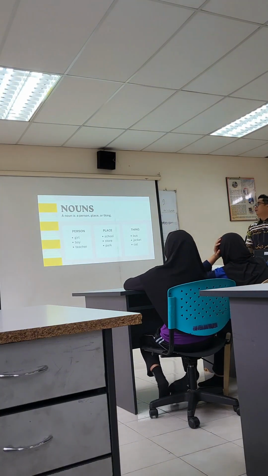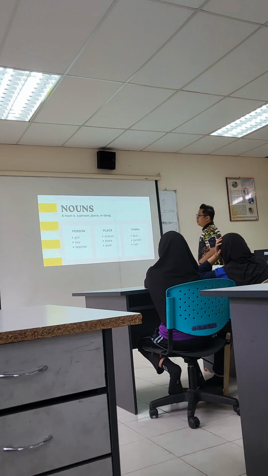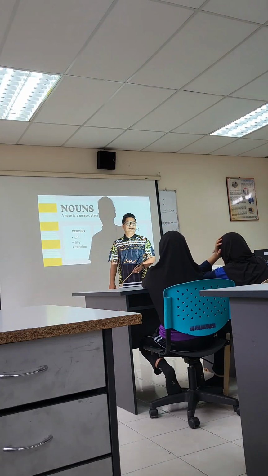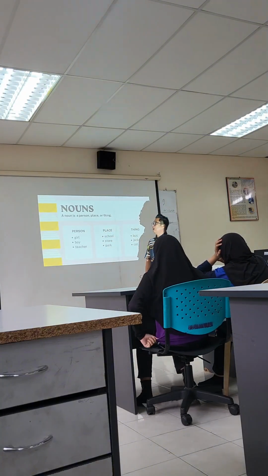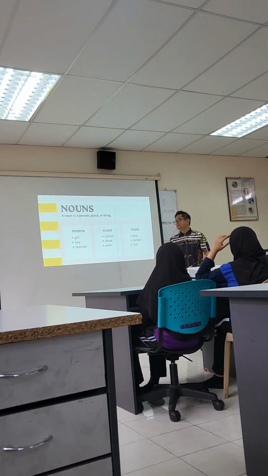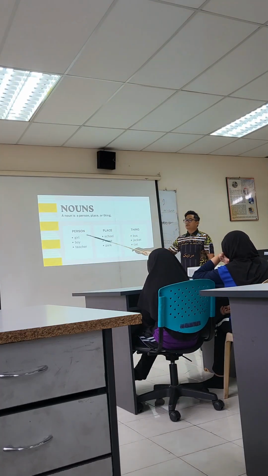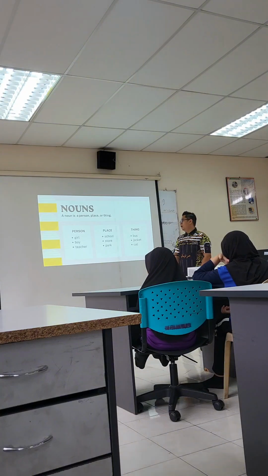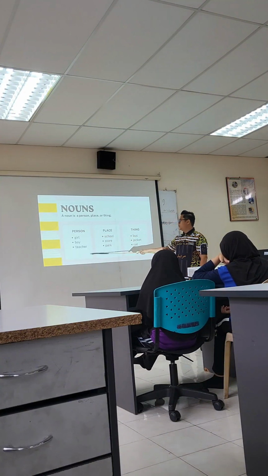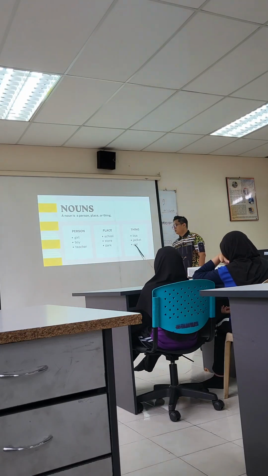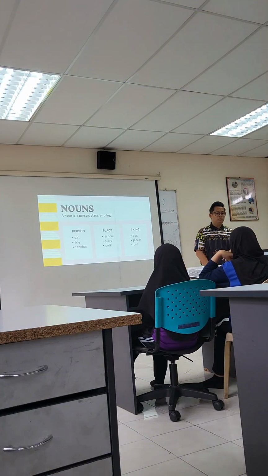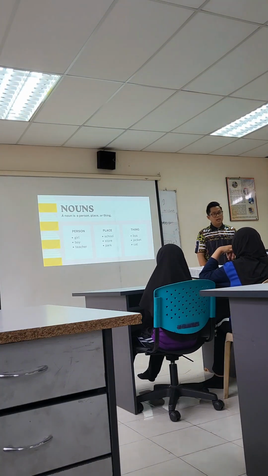Okay, so now in Malay noun is called kata nama. Kata nama or nouns is a person, place or thing. Words used to represent a person, a place or a thing. Basically these are the examples for nouns. We have girl, boy, teacher, school, sport, park, bus, jacket, or cat. So in general, this is called a common noun.